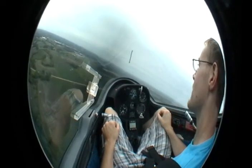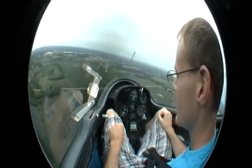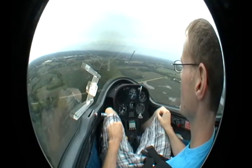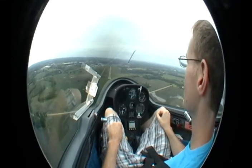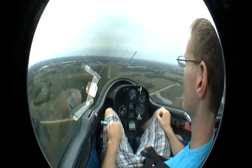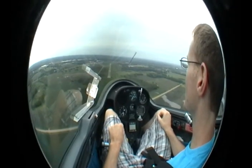Flaps set, undercarriage down, lock speed 60. We actually don't have flaps, but we gotta set it. Trim set, air brakes check. Now look at the runway, Brian. This is interesting. I'm gonna go full spoilers and watch the perspective on landing. We could actually